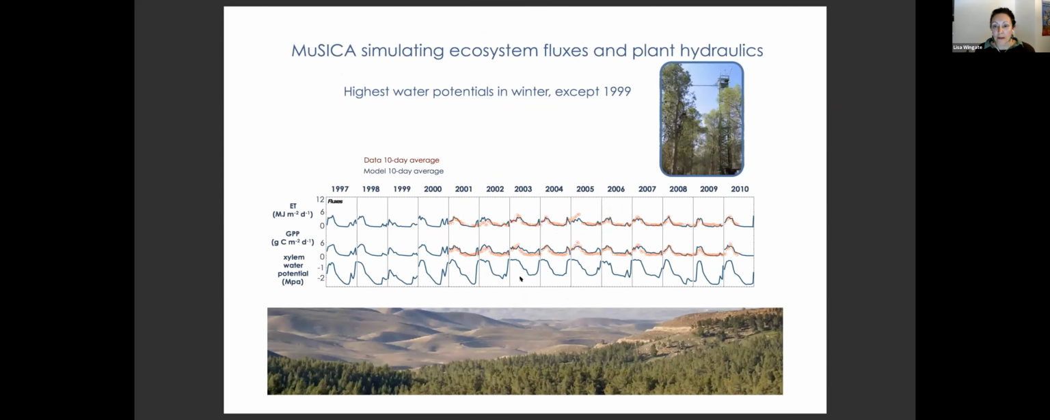And so here on this plot, what you can see is all the years from 1997 to 2010. And what you can see here are red dots, and those are the data that come from the flux tower. And you've got a nice picture here of the flux tower. And what we're actually showing here are the fluxes per day of evapotranspiration on the top panel, gross primary